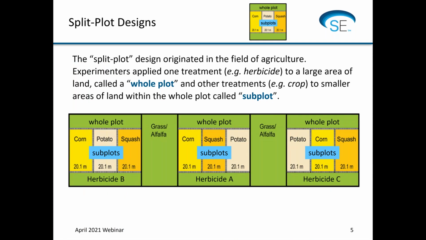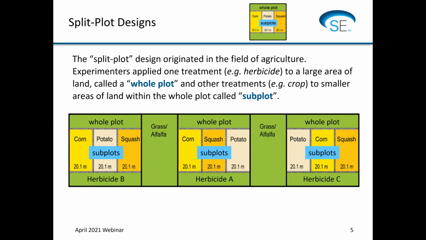Well, split plots, as much of designed experiments, were originally developed in the field of agriculture. And so what would happen is experimenters would want to apply a treatment. Let's say that our treatment that we want to look at is a herbicide. And we want to apply that and see what effect that herbicide has on the yields of different crops. So in this little example, I've got 3 different herbicides, A, B, and C. And then I want to know the effect of those herbicides on the yields of corn,